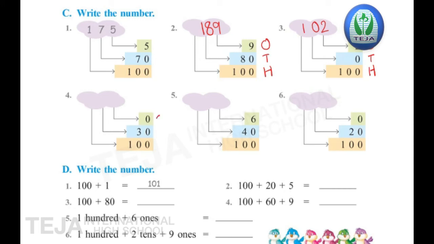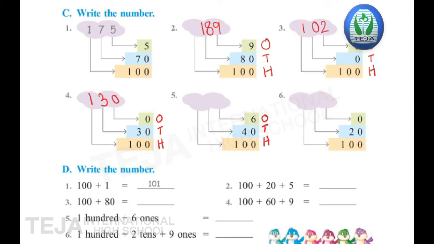Here 0 in ones place, 30 in tens place, 100 in hundreds place. So the number is, write 0 in ones place, 3 in tens place and 1 in hundreds place. The number is 130. Next fifth one. Here 6 is in ones place, 40 is in tens place, 100 is in hundreds place,